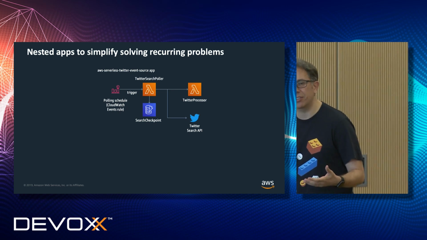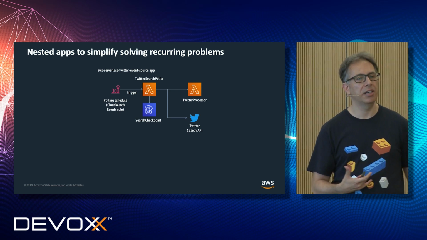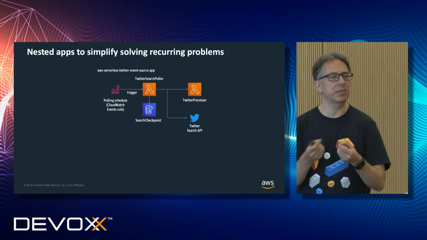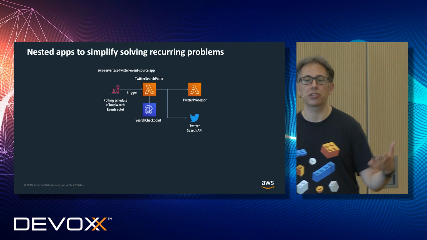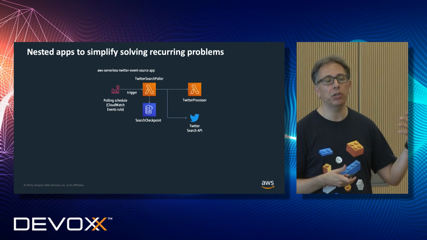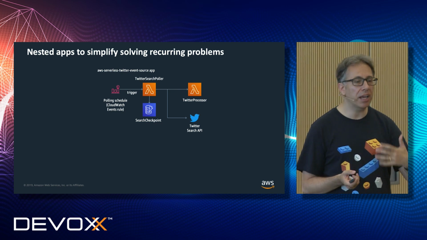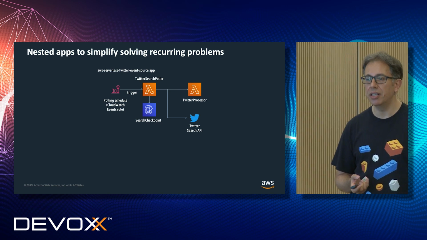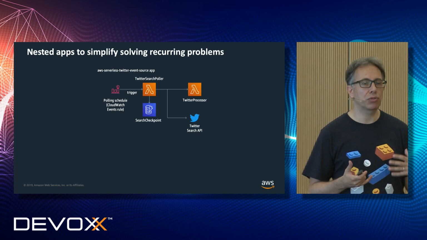When we talk with our customers, we found that there are some recurring problems that lots of customers have. And then we find that there's some customization that each customer is doing differently. So for example, one thing that lots of customers are asking us is, I want to monitor social media. For example, I want to monitor if on Twitter, my brand, my products are mentioned. And this is very, very common. But then every customer wants to do something differently.